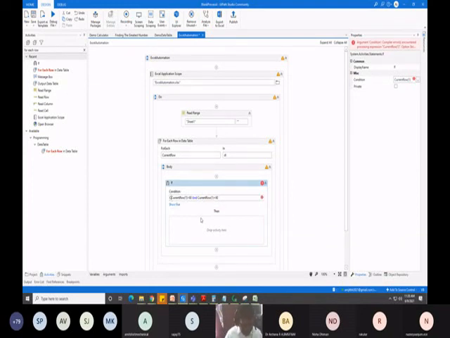So Convert.ToInt32, bracket, like this, right? So this particular element is converted into an integer with the help of this convert function, right? So Convert.ToInt32 of